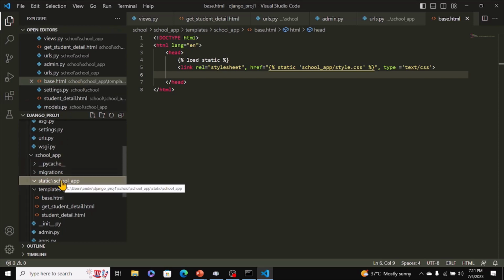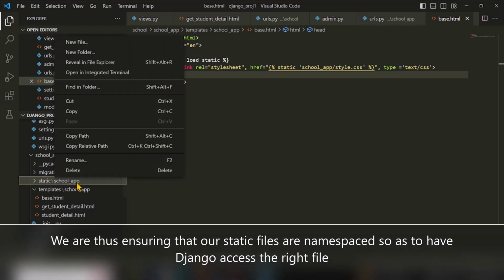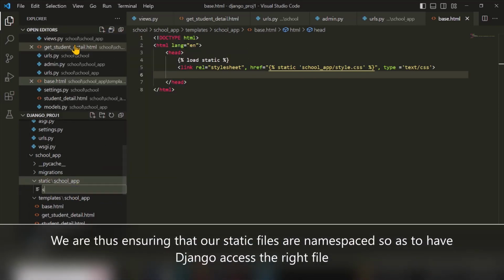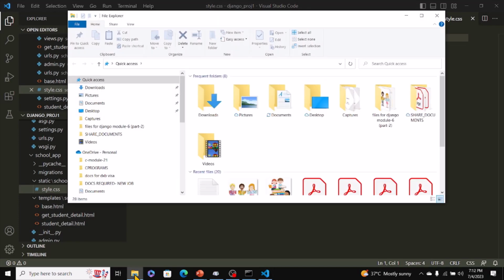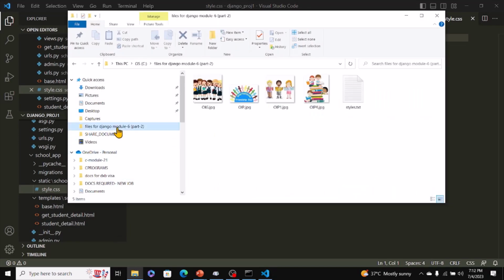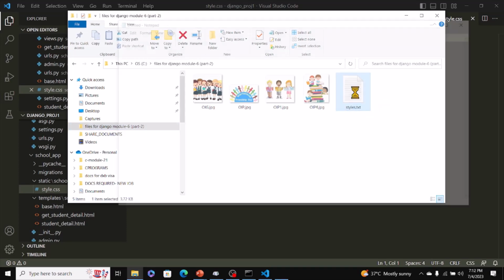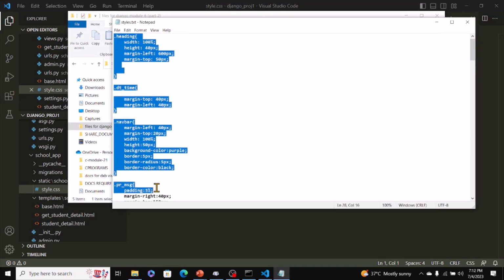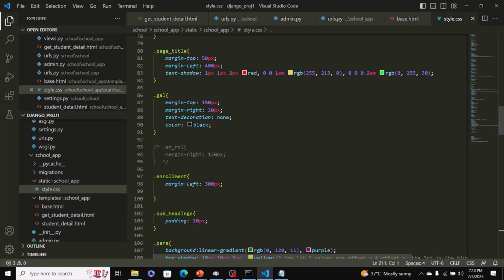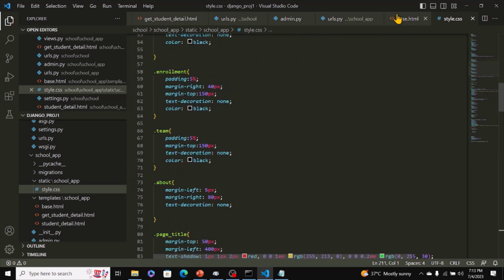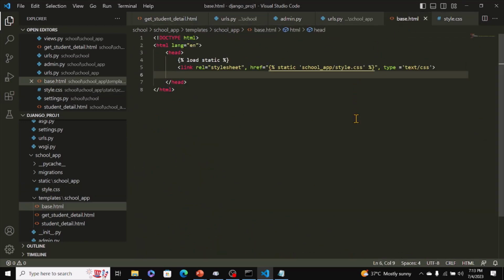Right? And the style.css file will exist within this school app folder. So new file, and that will be style.css. And now, of course, we need to copy the contents of the file I spoke of earlier. To do that, you need to access the folder. And I have that folder here. You click on styles or text and then copy the entire contents into this file. Once you've added in the styles, then come back to base.html and we can proceed with the